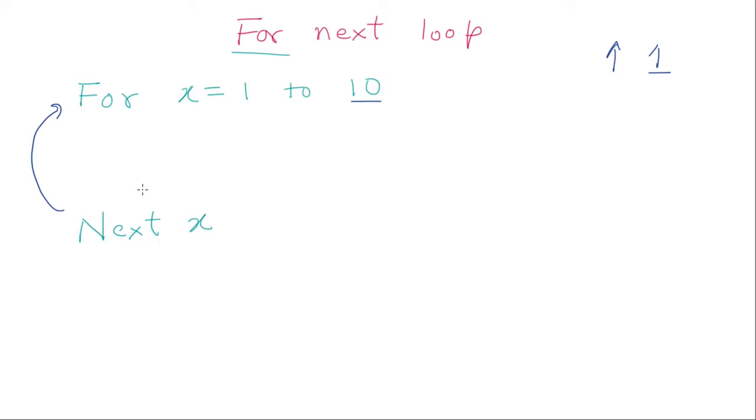And then again it checks. Has it exceeded 10? No. Again it goes back. Becomes 3, becomes 4, and ultimately will become 10. And when it sees that it has become 10, it gets incremented over here and sees that it is going to breach 10, so it will come out. Is that clear? In modern languages, depending on what language you are writing, this end point, where it comes out, one before it or at it or one after it, depends on the logic of that program, but we are not going into a specific program, okay? I'm just showing you this particular language.